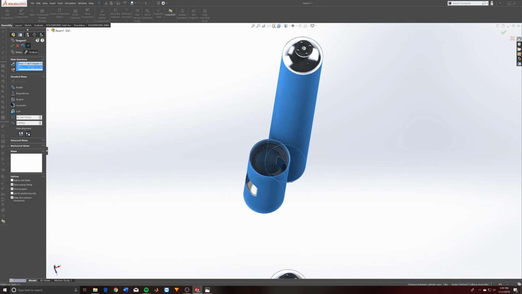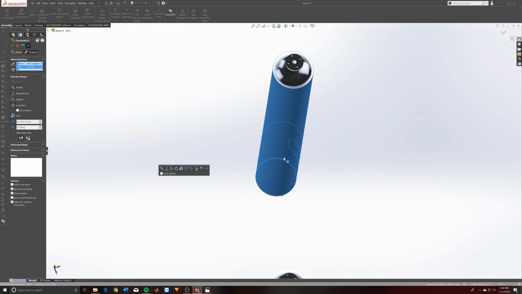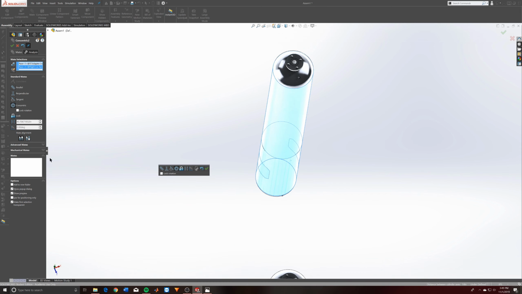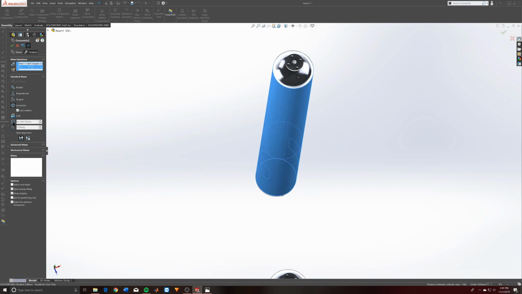So just keep an eye out for this. Concentric is what I want because I want them aligned radially. Another thing is you can lock the rotation so they can't spin independently, which I don't want, so I'm going to lock that. And it's cool because then you also have these other features down here where you can set a degree